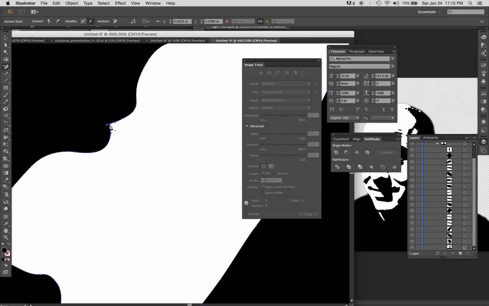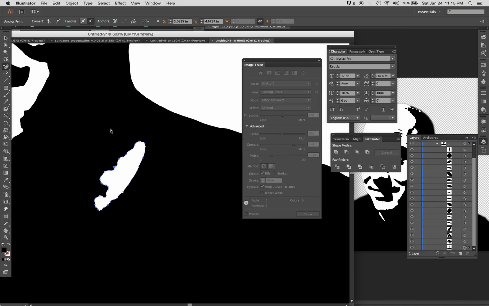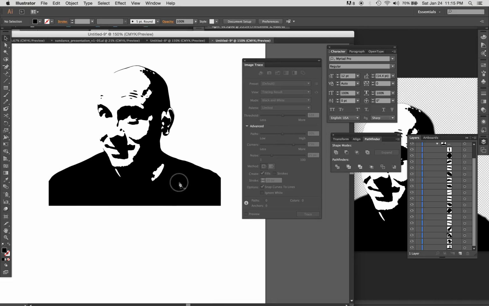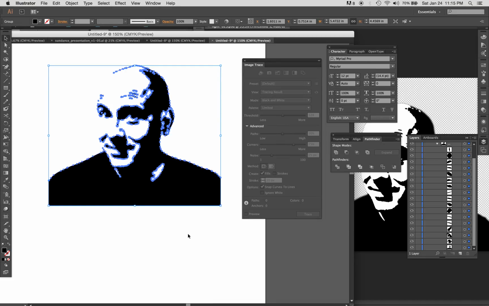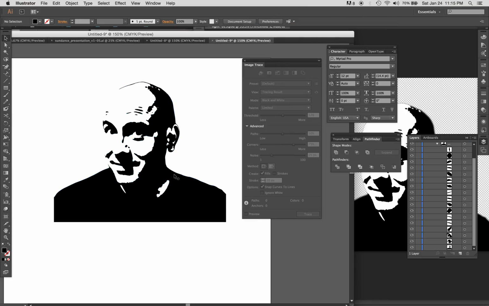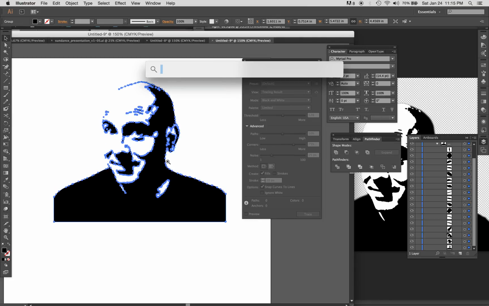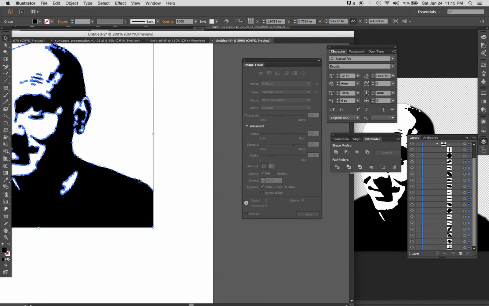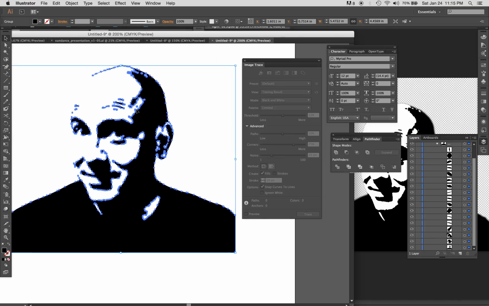So a lot of times this needs a little bit of refining as you go through that, but for the most part it does a pretty good job right off the bat. So the other thing that we can do with this is maybe to simplify it. In some cases you can see how many points it's drawn across this little shoulder. I may want to simplify that, and there's a couple of different ways to do that, and I'll show you that in